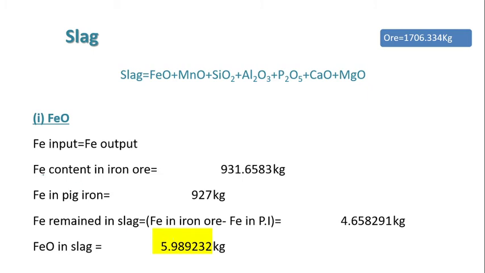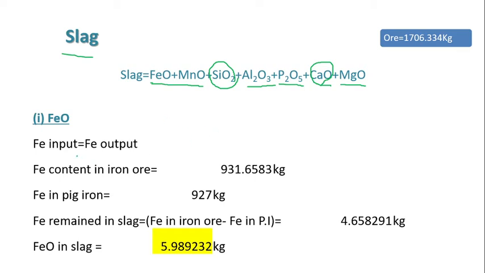Then the byproduct analysis, that is the slag. What is slag? Slag is the molten oxide byproduct of smelting. Here in case of blast furnace, reduction and melting take place. So this forms some amount of slag that may contain chiefly calcium oxide, silica, along with P2O5, Al2O3 and MgO, and a little amount of Fe2O3 and MnO. Fe2O3 and MnO are negligible in amount because of the reduction reactions taking place inside the blast furnace. So these oxides are unstable in this atmosphere.